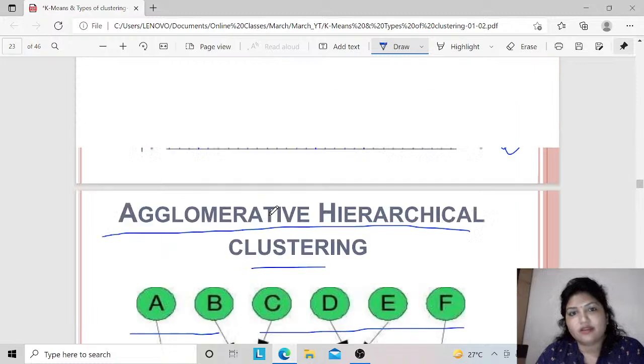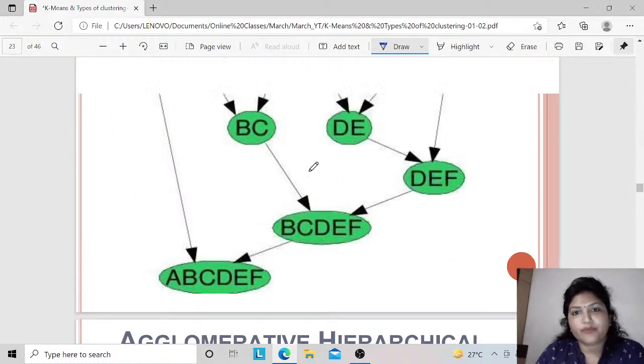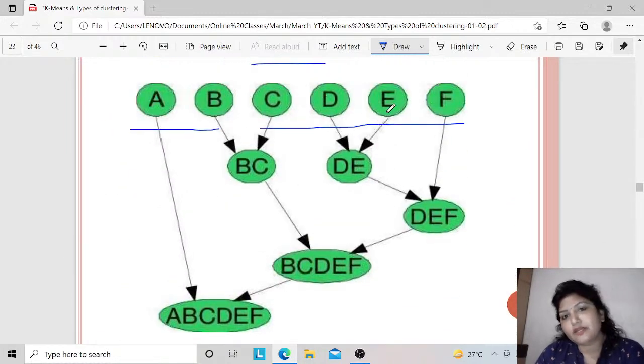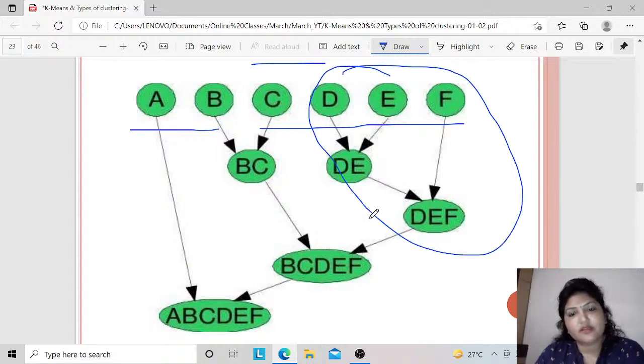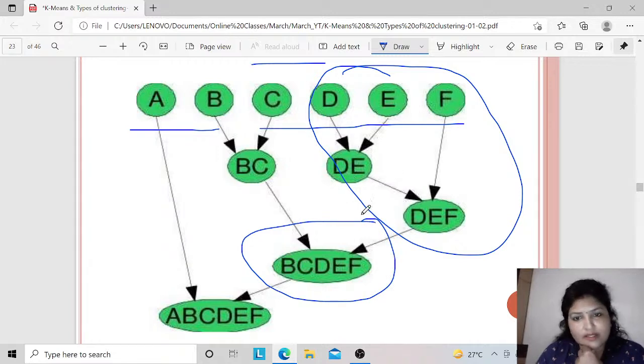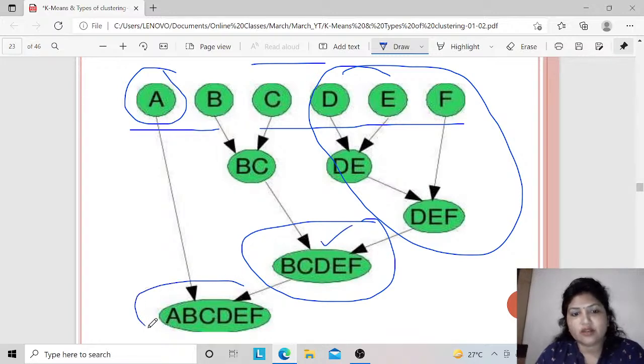Then D and E come under one cluster, and the F point is nearer to them, so you club it and make it one cluster. BC is not a part of DE. In the next step you merge both the clusters, BC and DE, and then at the end, because this is a separate point not included in any of the clusters, you combine BC DE with your A data point,